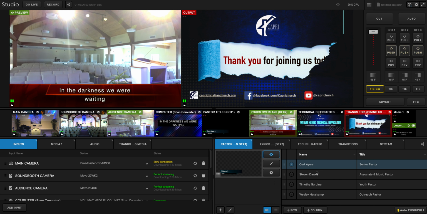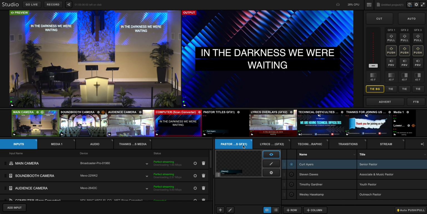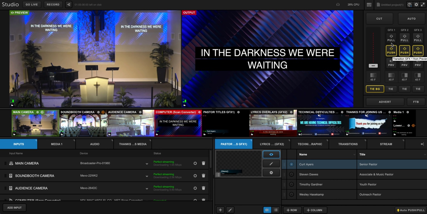So you can see next to our section here for cut and auto and our transitions, it says graphics 1, graphics 2, graphics 3, push and pull, and also tie. So remember, our pastor titles is actually graphics 1, and our lyric overlay is graphic 2, and technical difficulties graphic is graphic 3. So in this case, we want to add one of the titles, in this case Kurt,